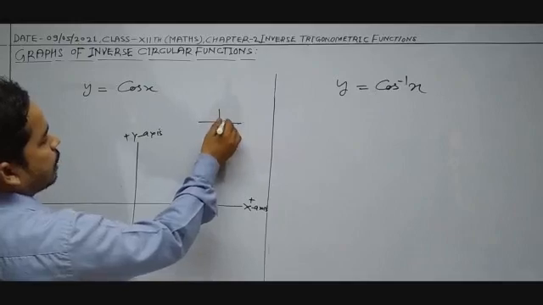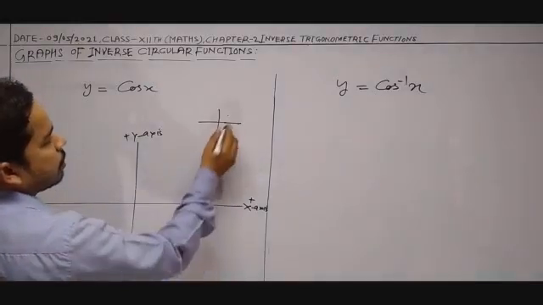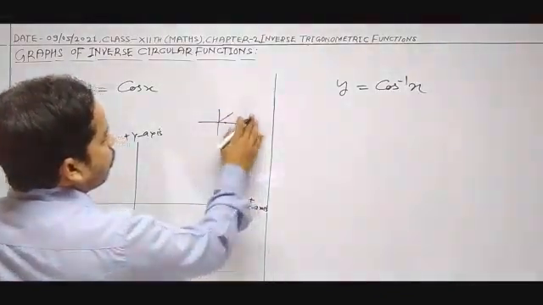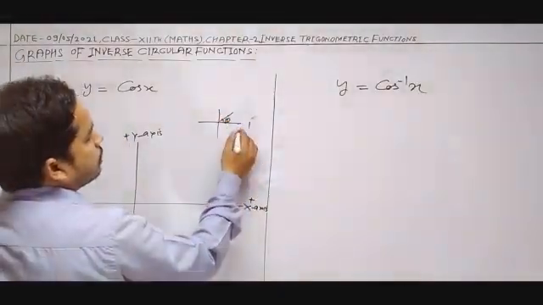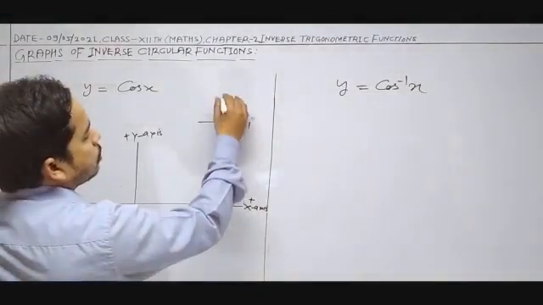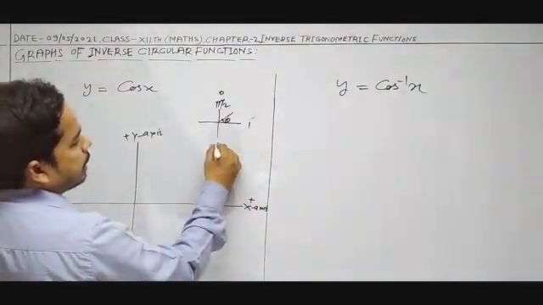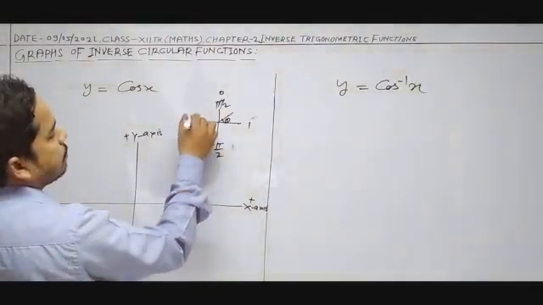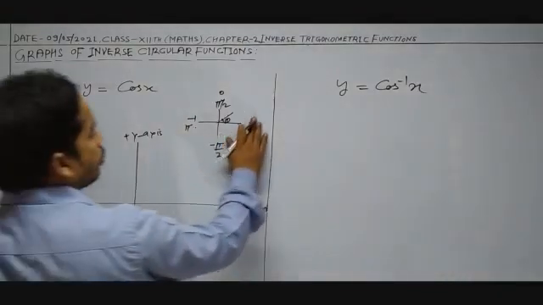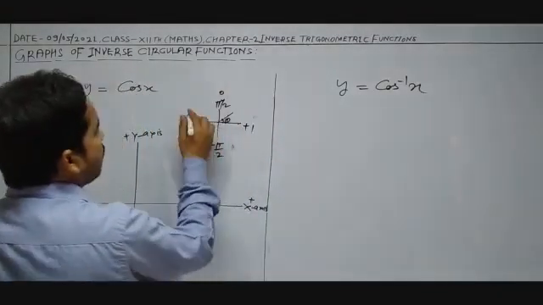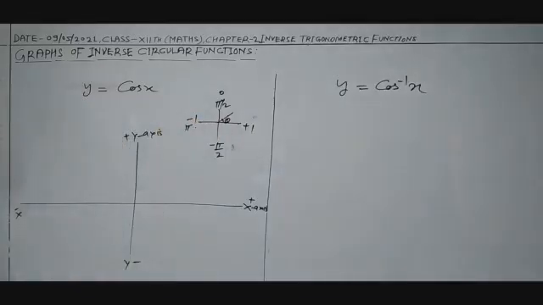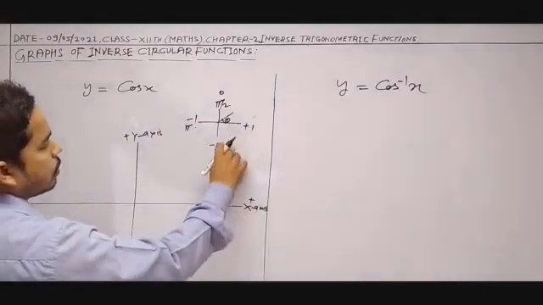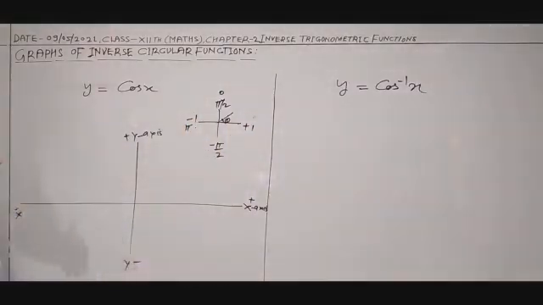on graph or circular graph, circular point is here. Cos 0 value, cos 0 degree 1, cos π/2 0. Similarly -π/2 result 0, and this is pi result -1. So at cos 0 degree this result is +1, at cos pi degree that is -1. So maximum value 1, minimum value -1.